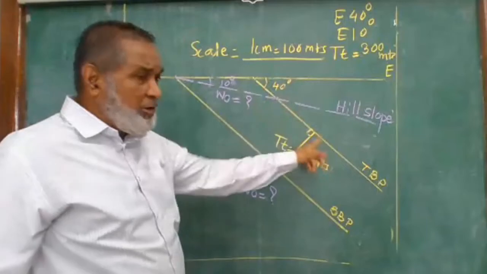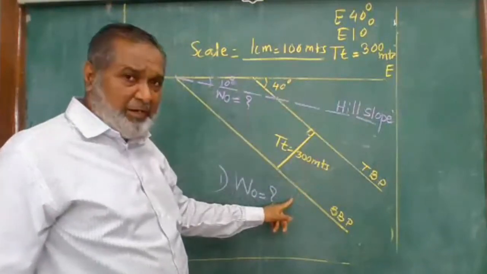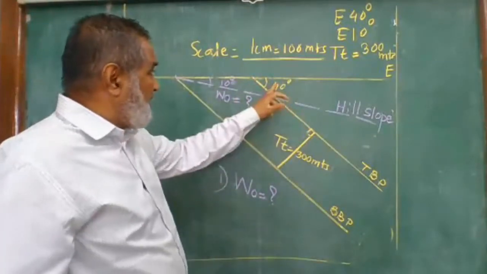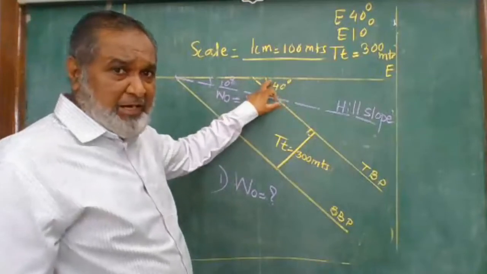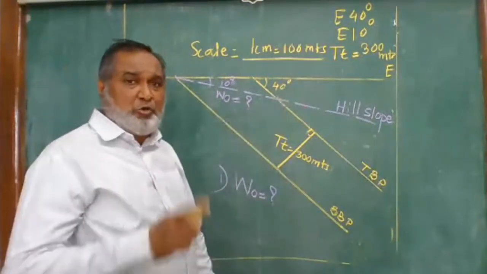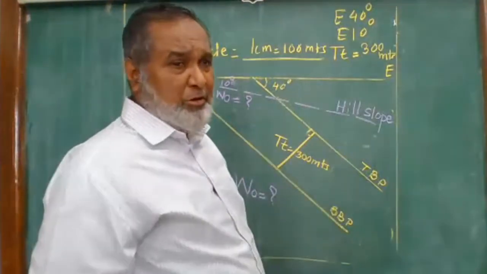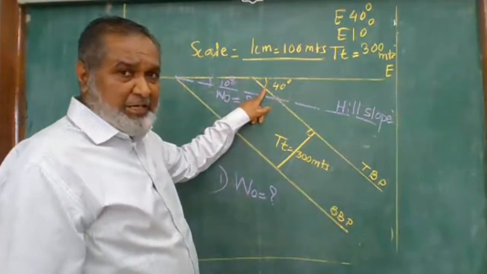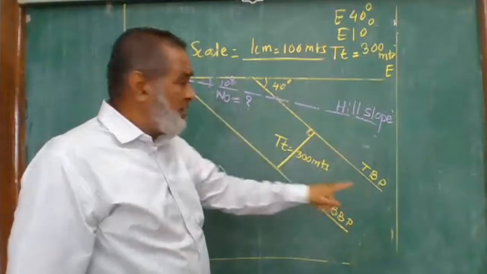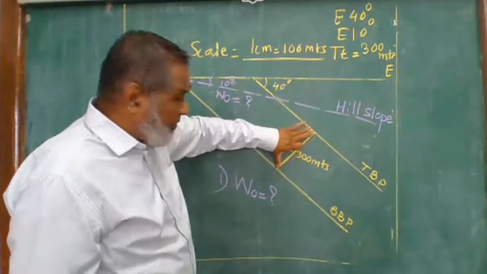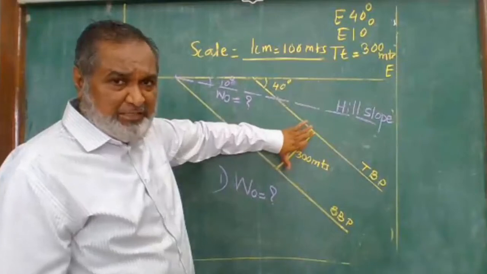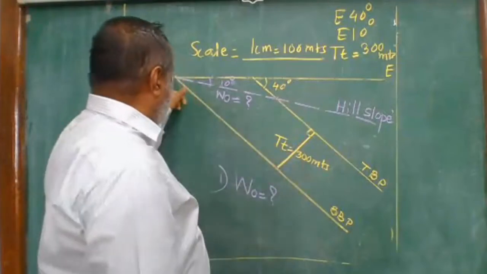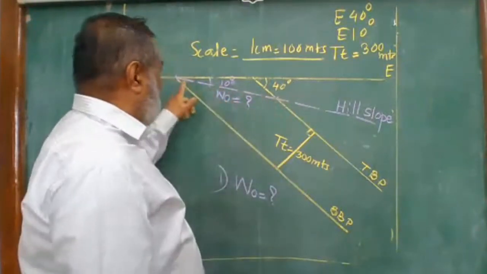If your lines are not parallel, the top bedding plane and bottom bedding plane, then there is also a problem. You are not going to get the proper answer. Similarly, if you have not taken the angle properly, if one mistake you have done, everywhere there will be a mistake. So you have to start from the basics. Take the 40 degree properly, take the points properly, join them, draw a parallel line, taking the point in between 300 meters, that is 3 centimeters. Plot this point, draw a parallel line. Once you have done this, then take 10 degree from this side, then you will get the correct answer.